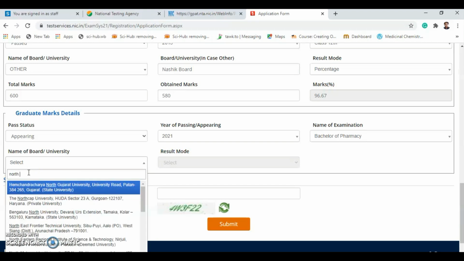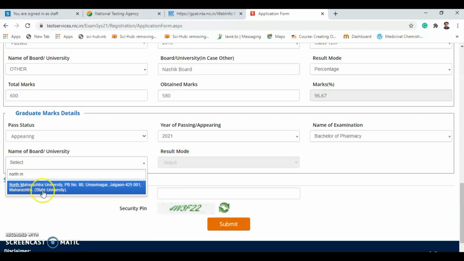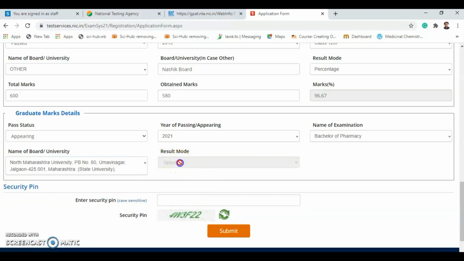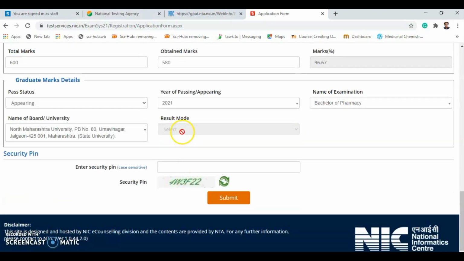Yes, it is coming. North Maharashtra University. Of course you are in final year, the result is still pending, and hence there is no option of percentage for final year. Then you need to write down the security pin, 4W3F22, and submit.